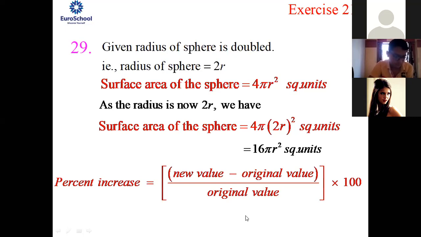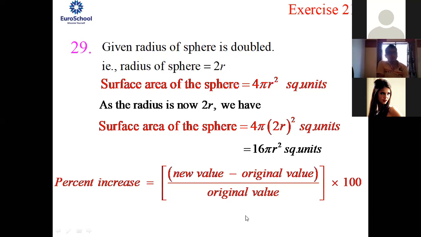And see, this percent increase is not included in the mensuration. This doesn't come under the main formula. But again, there are two questions related to this. So you can write this formula down in the formula note so that every day you just read it once and then start learning the other subjects. Just make sure that you read all the formulas every day. Just for that I'm asking you to maintain a separate sheet of paper or a separate note. A note is very good, but as we cannot buy it now, you can at least take down all these in a separate sheet of paper and read it every day.